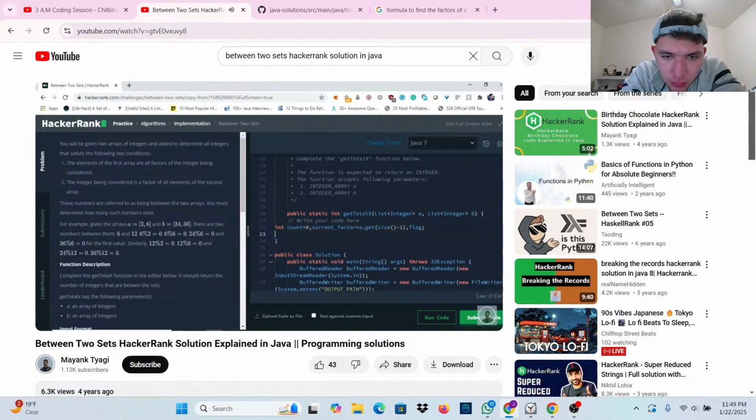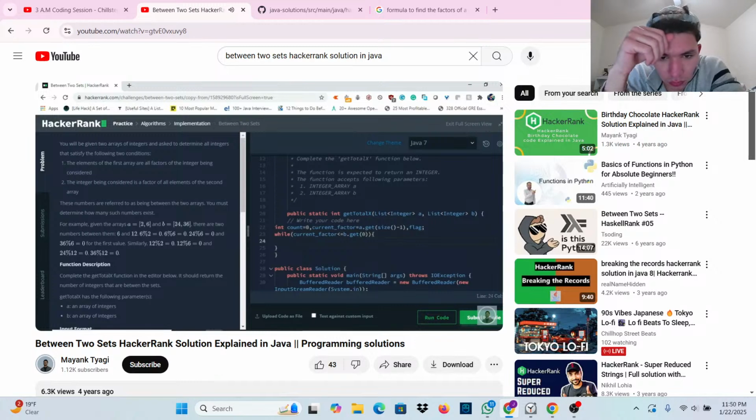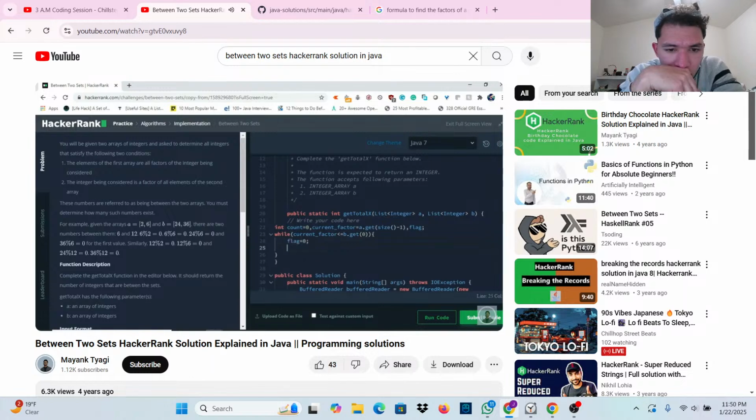Okay, so now what we have to do, we have to check while current factor is less than or equal to the first element of second array, b dot get 0. If this is the condition, then first let's assign the value 0 to the flag, and now we have to loop through the first list for int I equals to 0, I less than a dot size